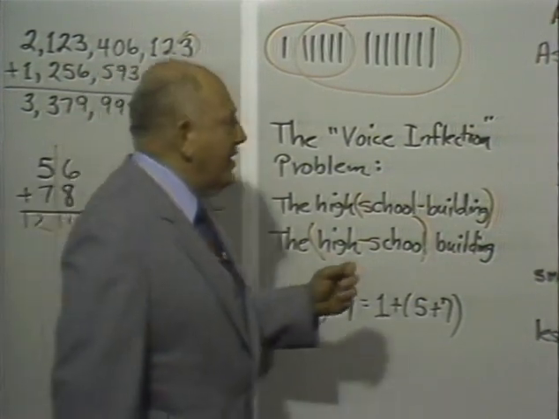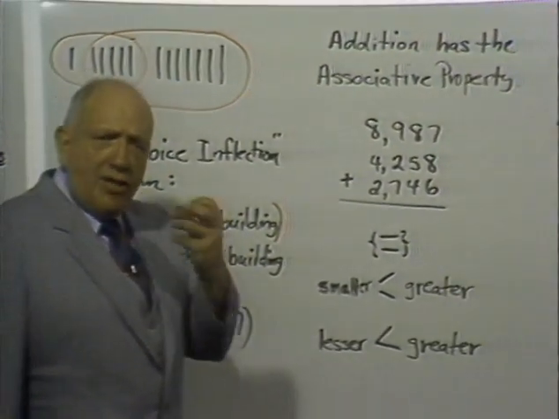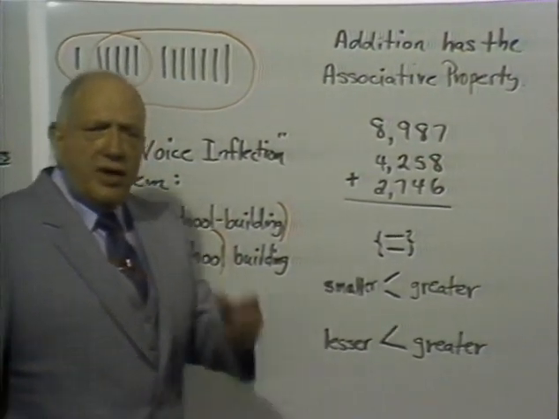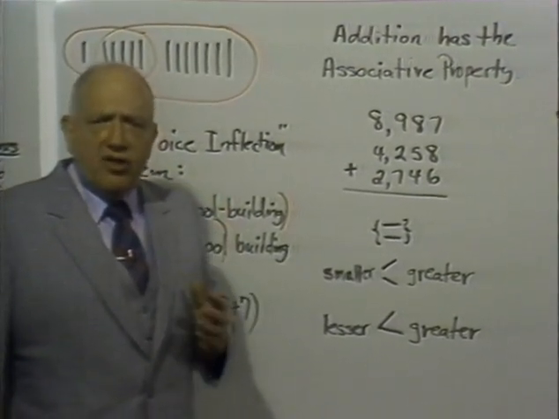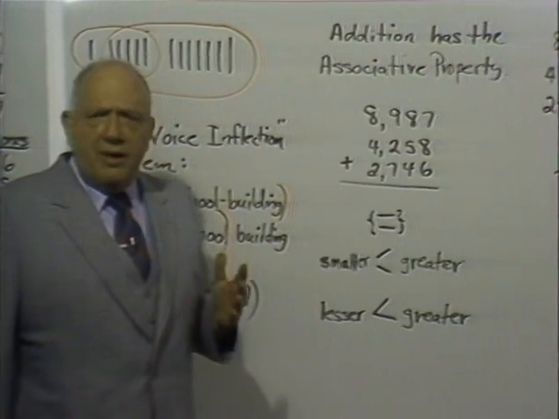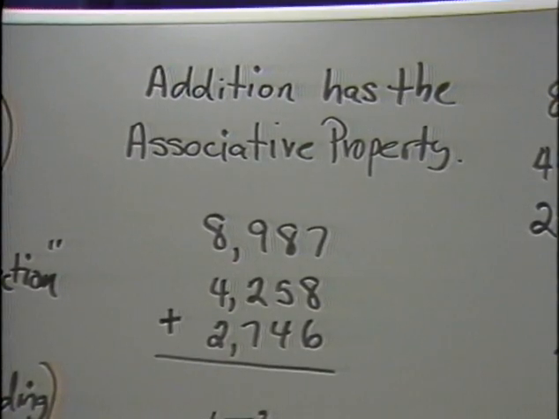And the way we say that is addition has the associative property. See, we can associate the terms in any order that we want. You see, commutative says we can change the order. Associative says we can change the grouping. So to show you what I mean, I've taken 3 4-digit numerals in place value, and now I'll show you